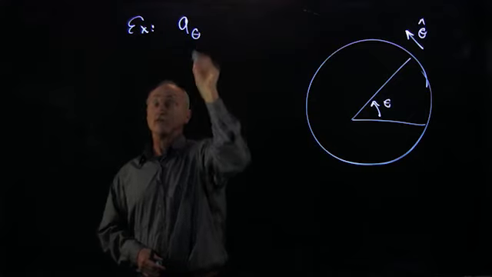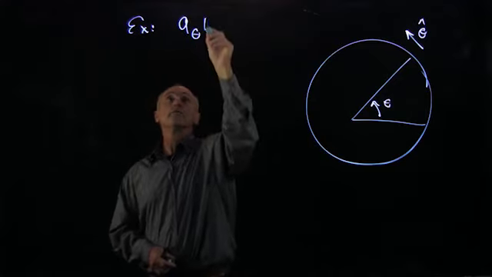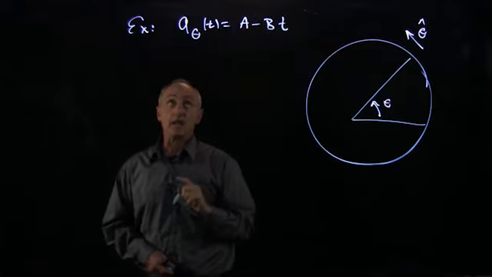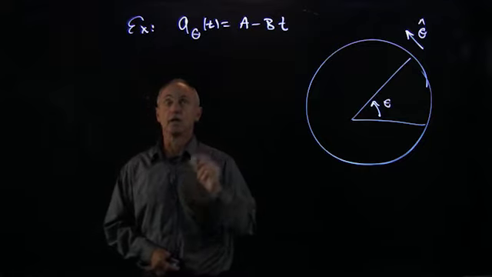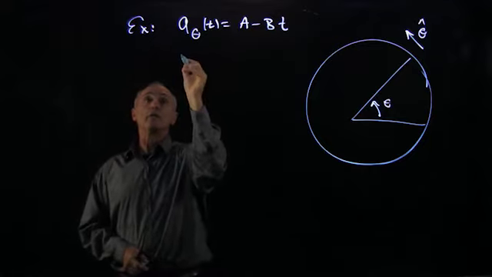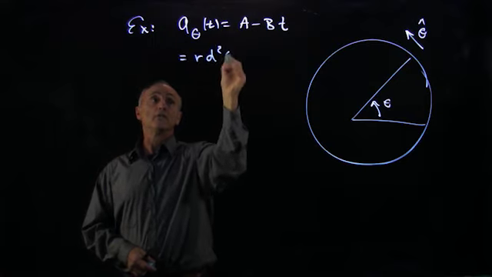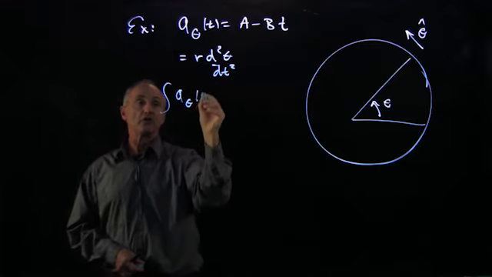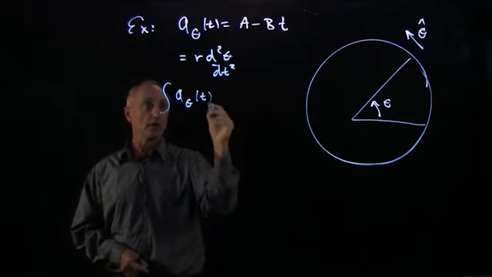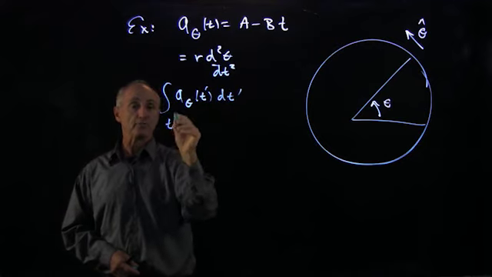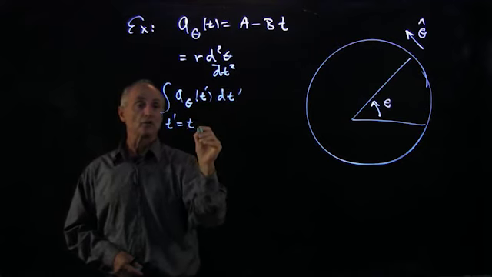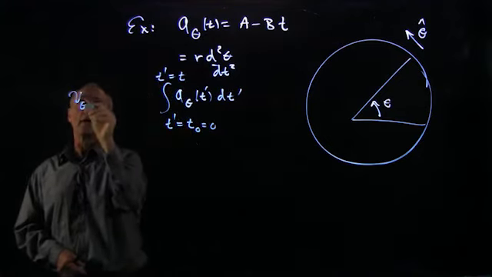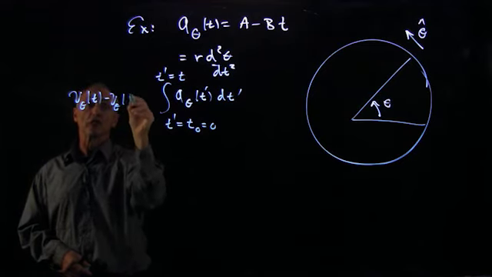Suppose we're given that the tangential component of the acceleration is given by some simple polynomial, a minus bt. Now, in this case, the acceleration is certainly non-constant. Remember, this is equal to r d squared theta dt squared. So if we integrate the tangential component of the acceleration with some variable t prime going from some initial value, which we can call 0, to some final value,